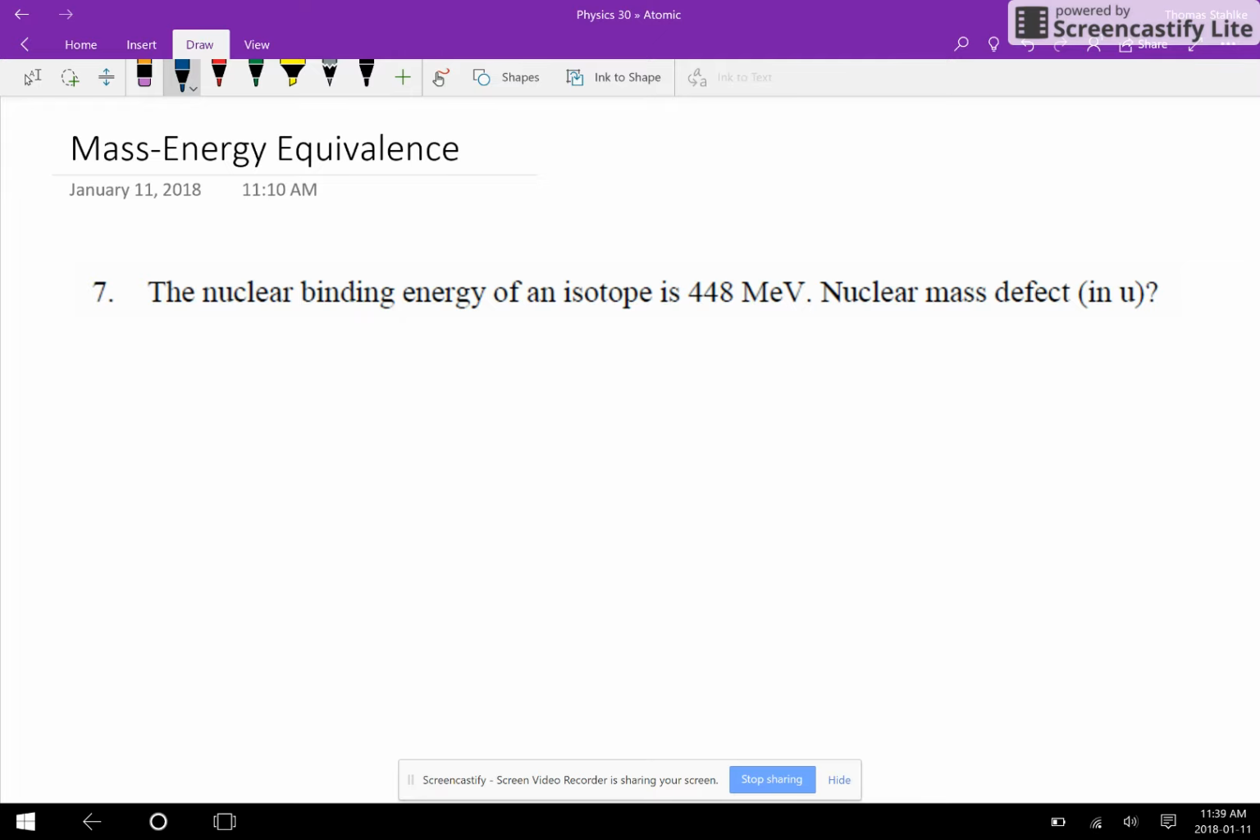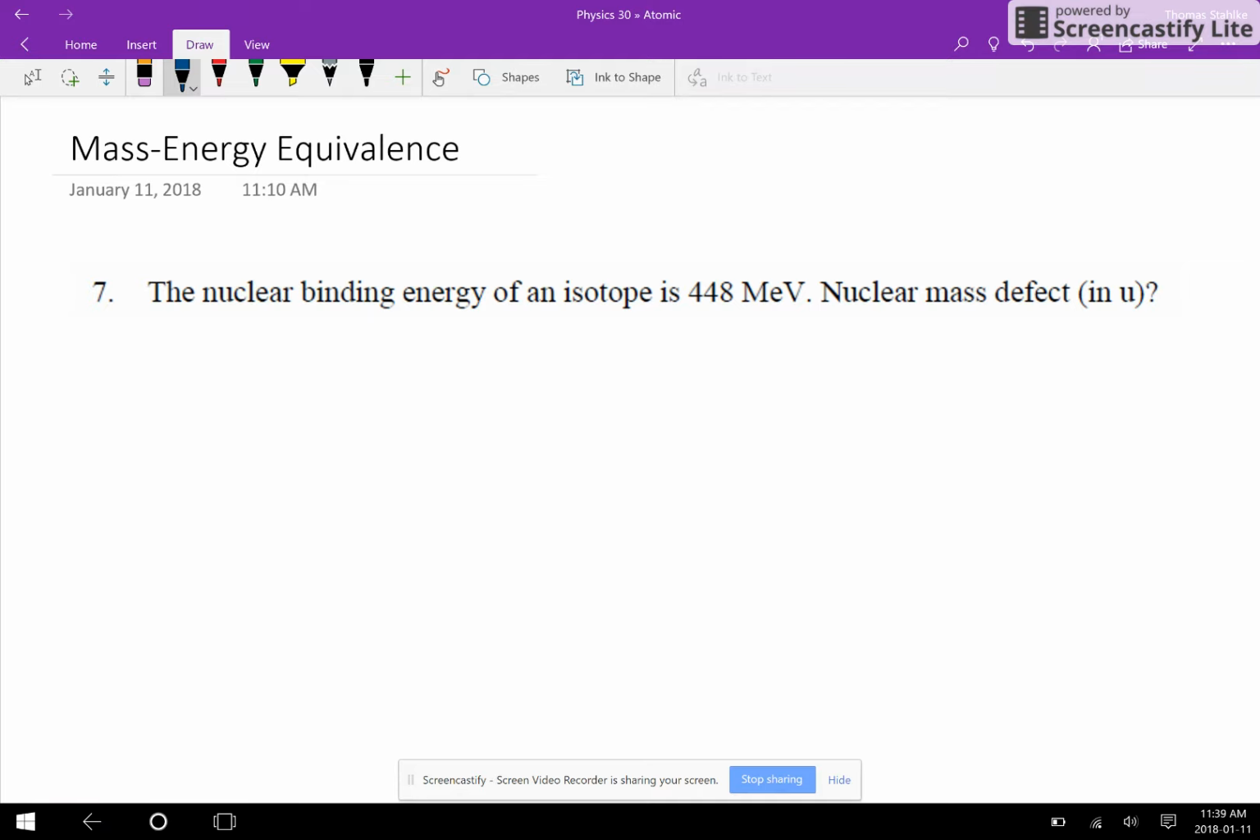Hello. Let's take a look at solving a couple of questions involving mass energy equivalence. Now, this first question says the nuclear binding energy of an isotope is 448 mega electron volts, and they're asking us to find the nuclear mass defect. Now, it's important to know that mass defect is really just saying what's the mass that's equivalent to this amount